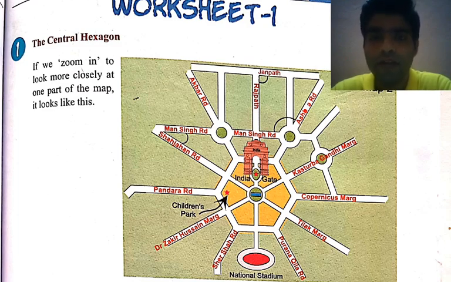Now listen here, this map is already given to you, and this is our India Gate, and this is the National Stadium. Now we discuss it one by one. On the right hand side, this is the Children Park. Then Shahjahan Road, Mansingh Road, Akbar Road, and at the top level Janpath, Rajpath, and again Mansingh Road. Next Ashoka Road, Kasturba Gandhi Marg, Tilak Marg, Purana Qila Road. This is our map about India Gate.